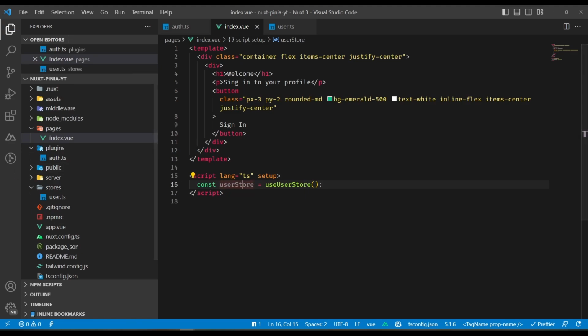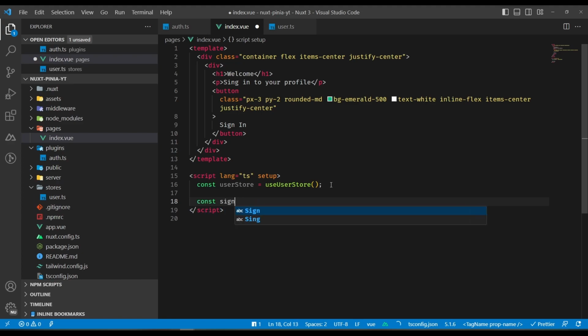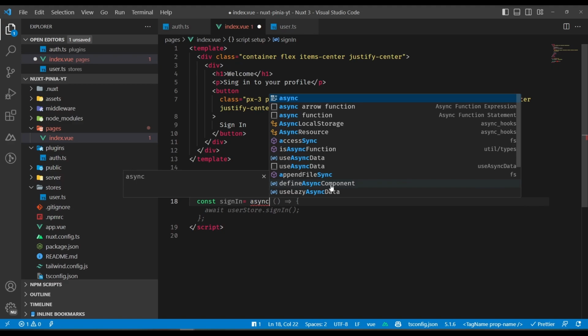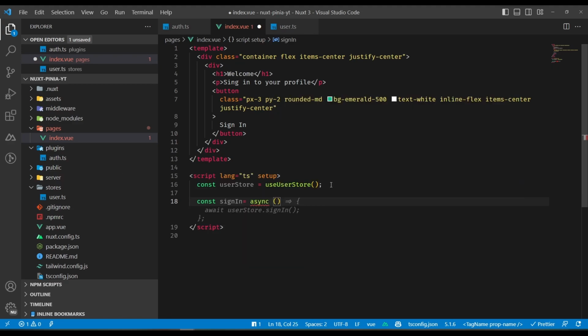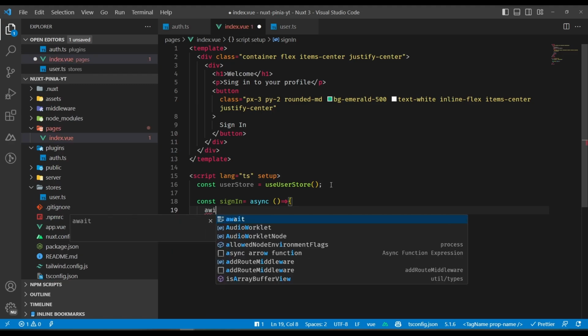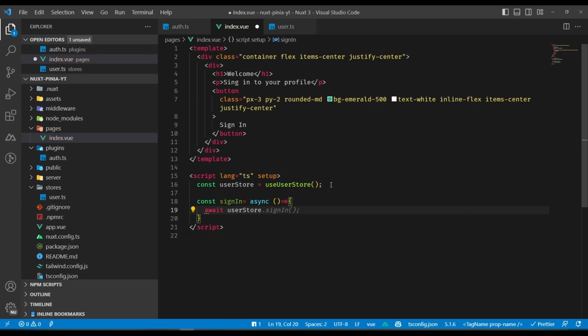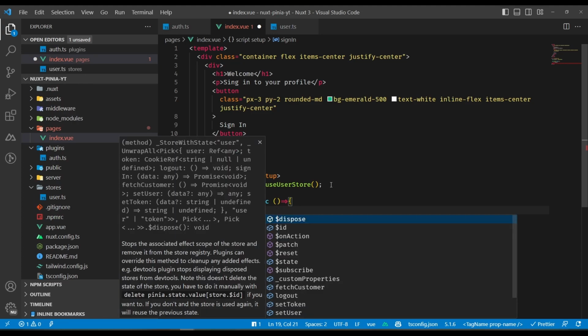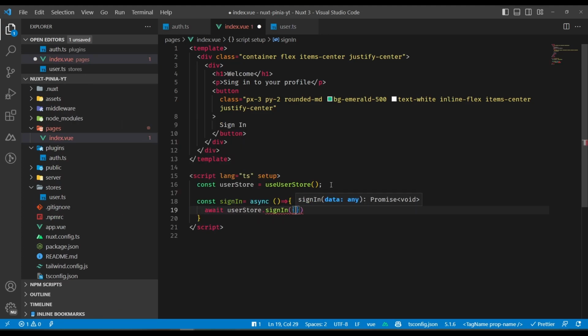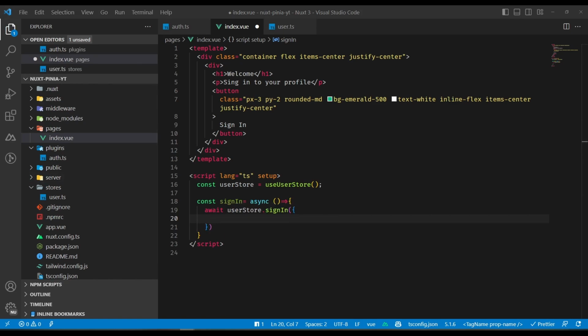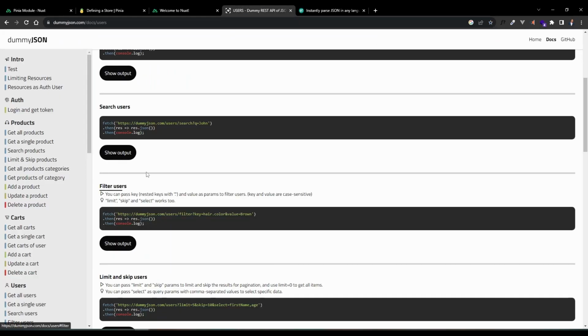Cool. So we want a sign in function. So let's say const signIn. This is going to be an asynchronous function. And inside of this function, we're going to call the sign in function from our auth store. So it should be await authStore.signIn, right? Now the sign in data, according to the dummy API website, should be